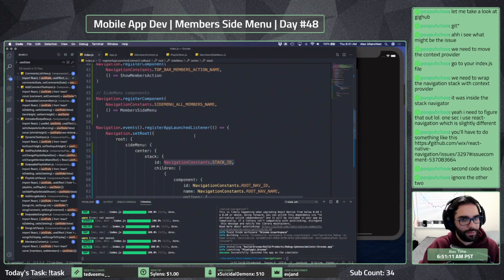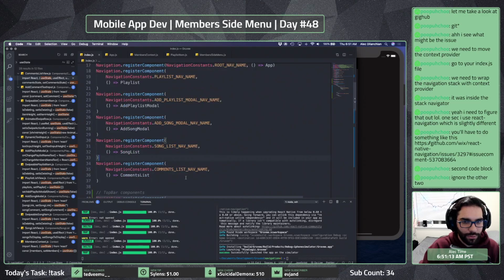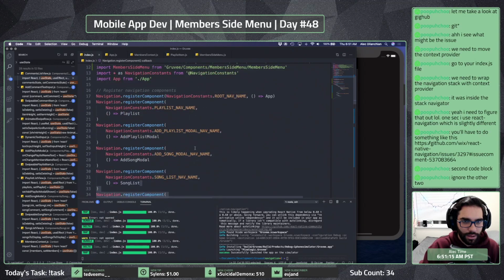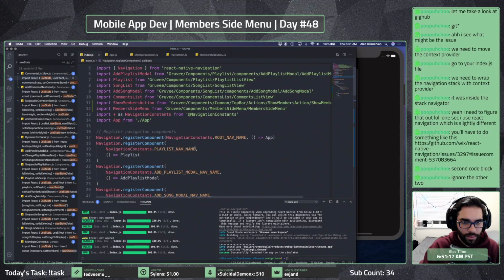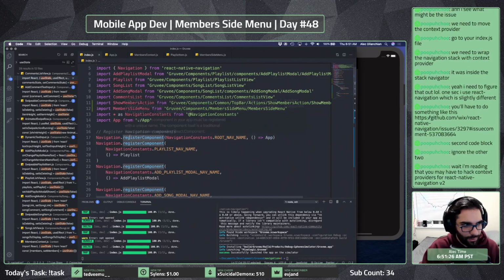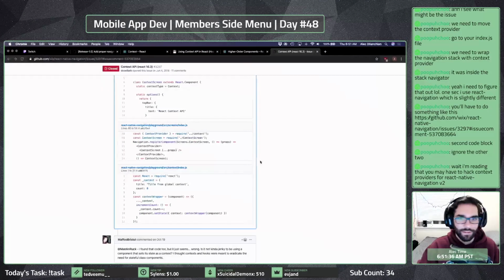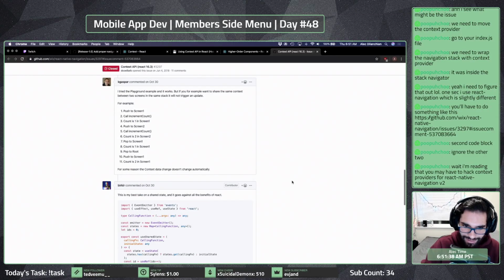Because I mean, yeah, we could do it here. But this isn't around the stack. You may have to hack context providers for React Native Navigation v2. Oh my gosh.